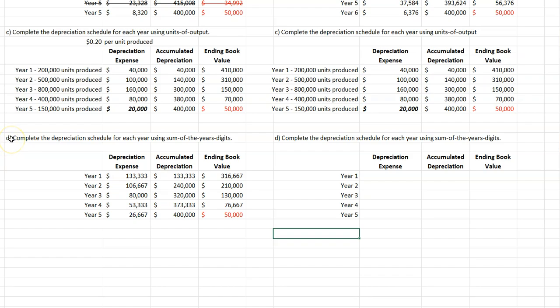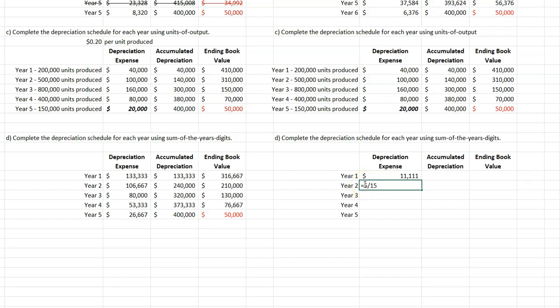And now D is the one that is probably the most complicated out of all of these when it comes to adjusting for partial periods, right? So keep in mind for sum of the years' digits, we would basically take our sum of the years' digits fraction and multiply it by our depreciable base. So we're going to do something very similar here. So we would have 5/15 times 400,000 times 1/12, right? So we basically just used up 1 month of this 5/15 fraction, which means that there's still 11 months to use up at 5/15,